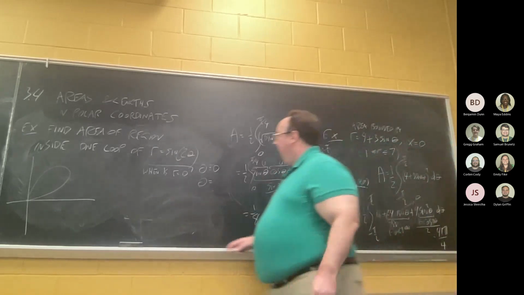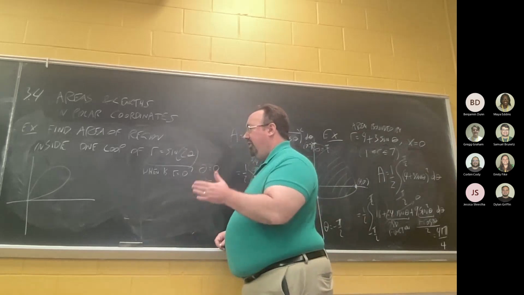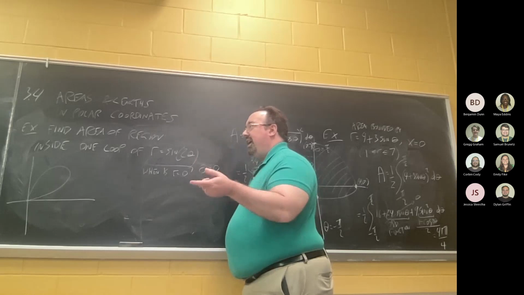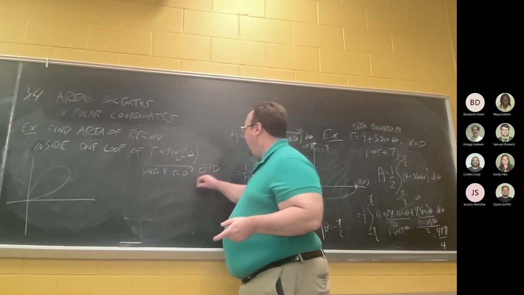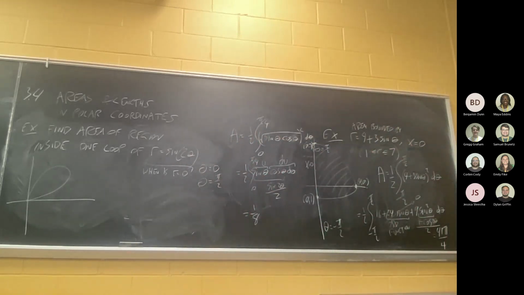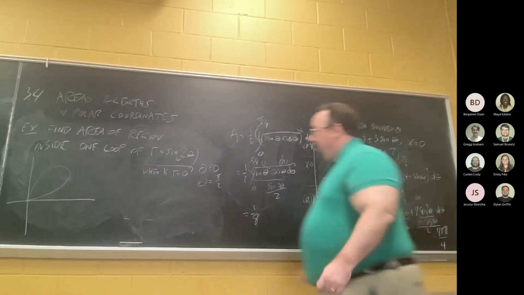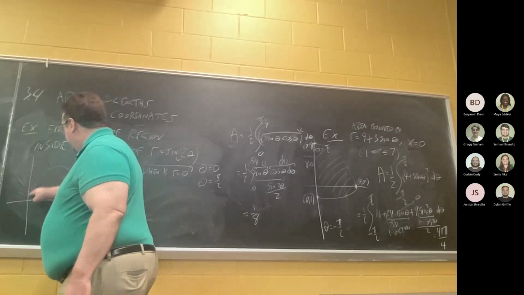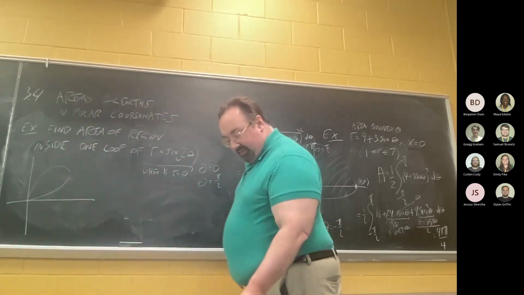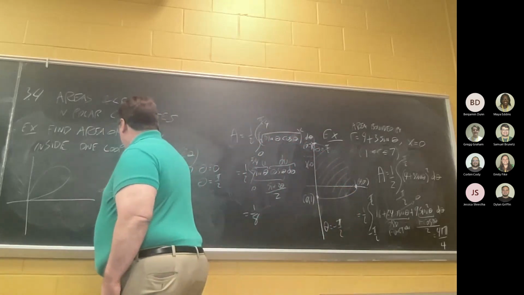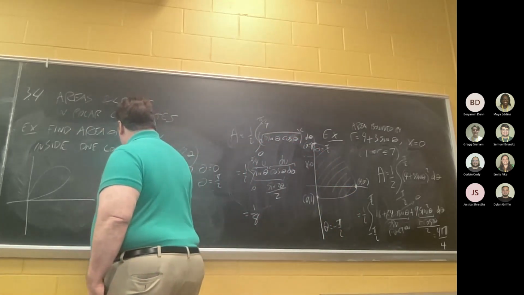It's because plain old sine is equal to 0 at 0, and then again at pi, but we have sine 2 theta here. So those are our theta boundaries. As theta goes from 0 to pi over 2, it goes out here and comes back home. So that means the area is 1/2 times the integral from 0 to pi over 2 of